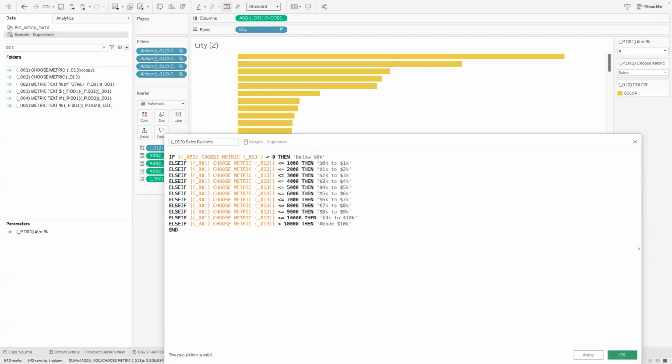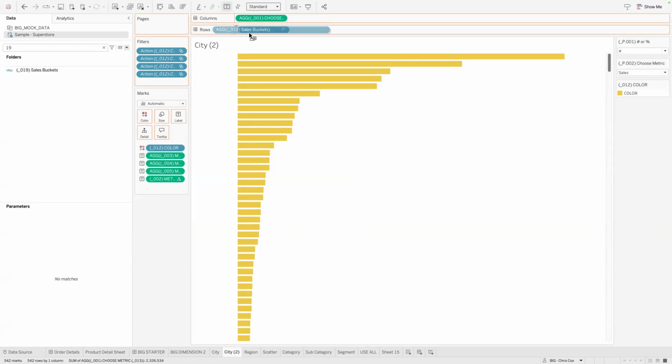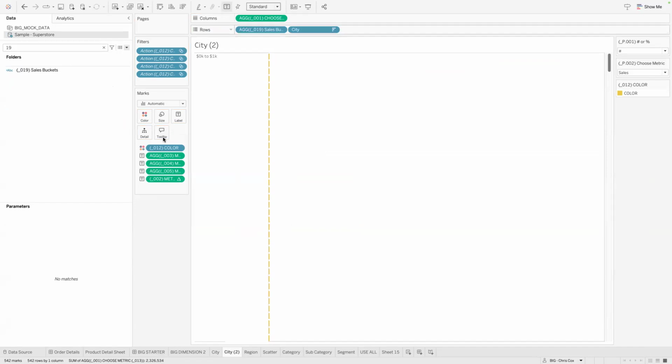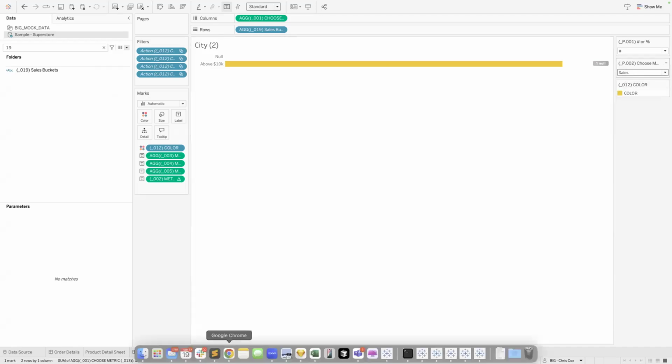All right, so now I can use that as another field. So now I can bucket all of my sales together. I want to take out my city, obviously. Sales didn't work, so it's not right. I think I need to go back. What should have worked? No, it's not working. Oh, maybe they're not that big. Maybe I should make it smaller.